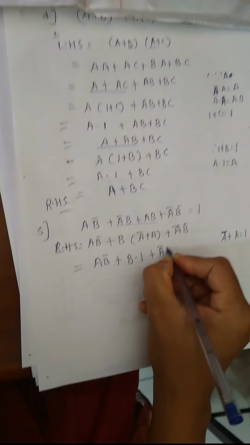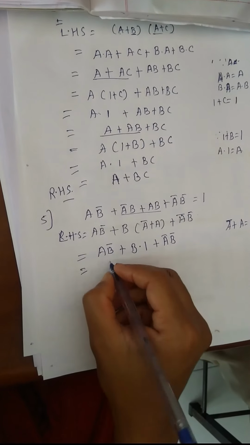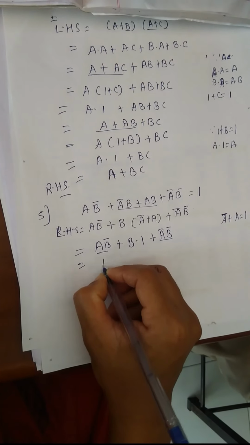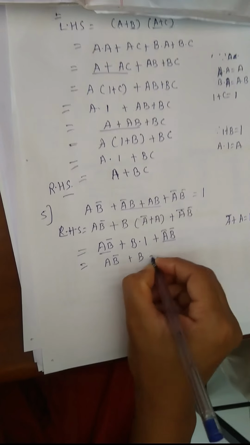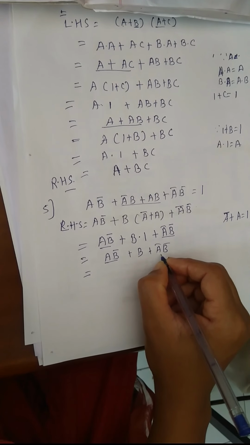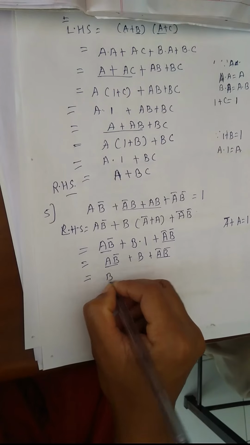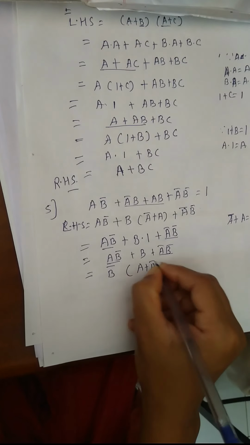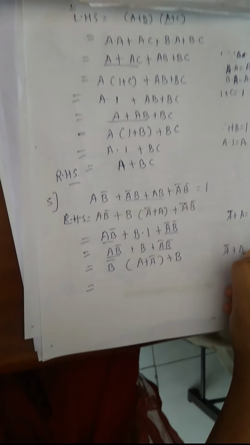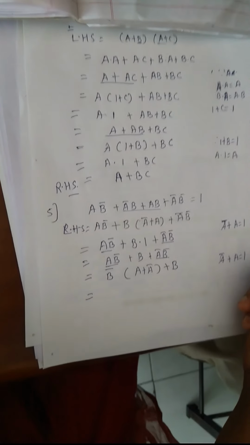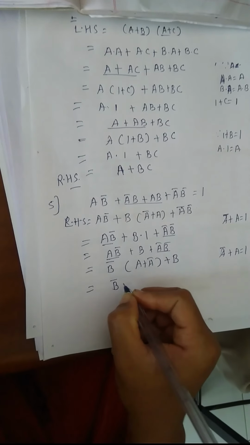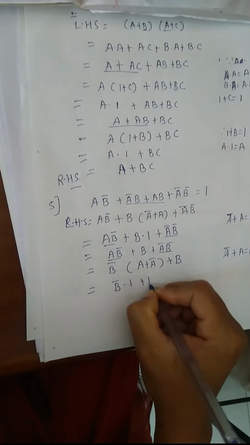So next is A bar B bar. Next, from the first and last terms take the common term, so this term is represented as A bar B plus A B bar. So next, from the first term and last term take B bar as common, so (A plus A bar) plus B. So A bar plus A is equal to 1. This is the OR law, and for this term A plus A bar is represented as 1, so this is A B bar into 1 plus 1.